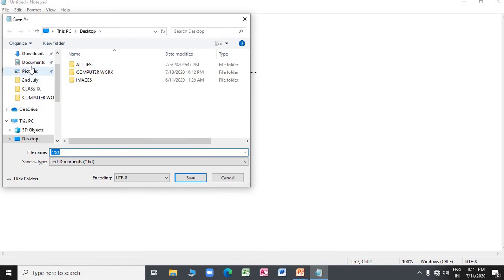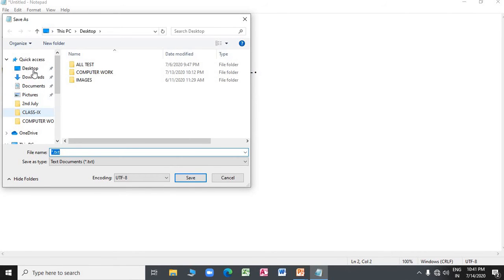You can choose its destination for saving, desktop. Now you can give a name. Suppose we want to give the name Hathan or TCS. We will save it with the extension name HTML. After that, save it.